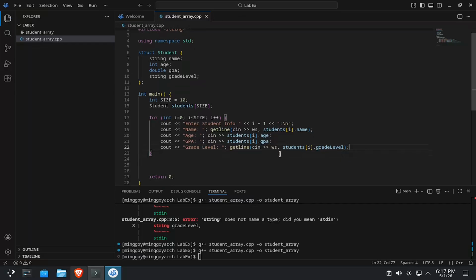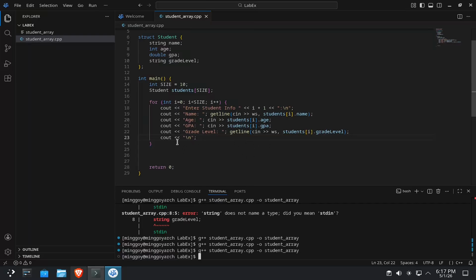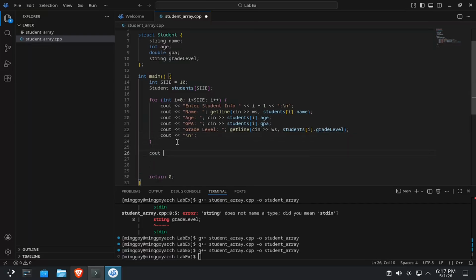And let's make sure that we have next line. Let's see if this works. So no error. So we proceed with the